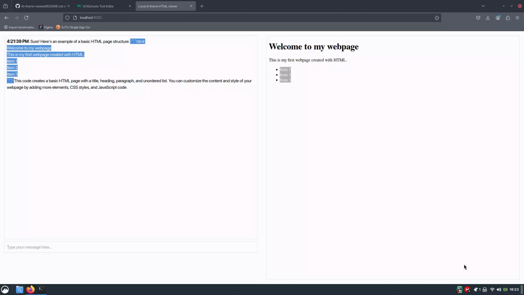Of course, this is not perfect. The AI doesn't really know that it's supposed to only be making websites, so it can give some unusual output. But that's just the basic premise of my web